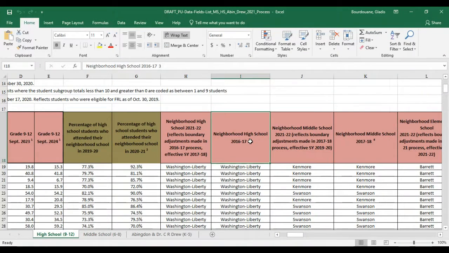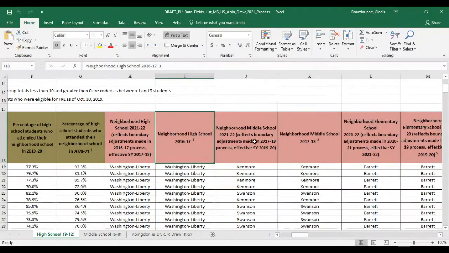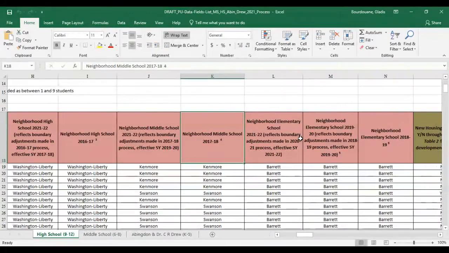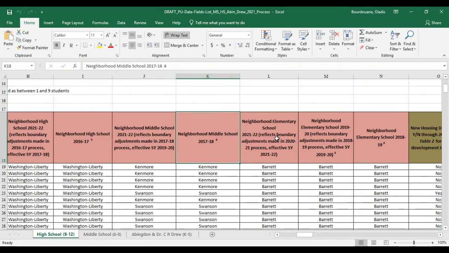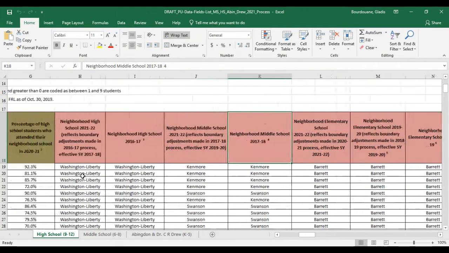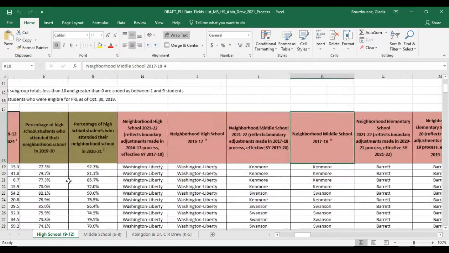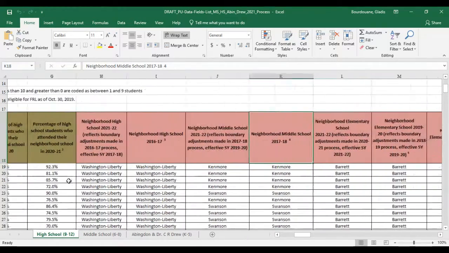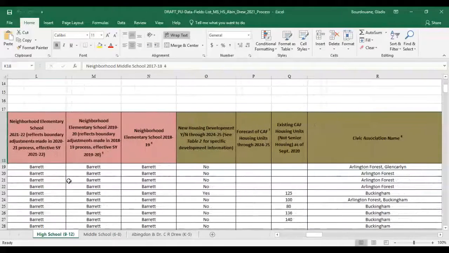Also for previous years, 2016-17. Also the neighborhood middle school for 21-22, and the neighborhood middle school since previous boundary processes were made, as well as the neighborhood elementary school. One great thing about that is that you can see the progression for the planning unit of what has happened. Of course, you're going to see whether there's a new housing development